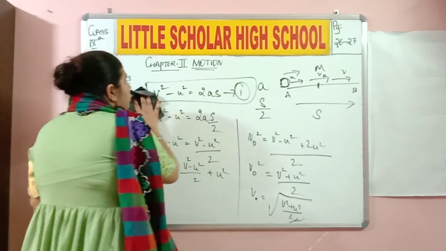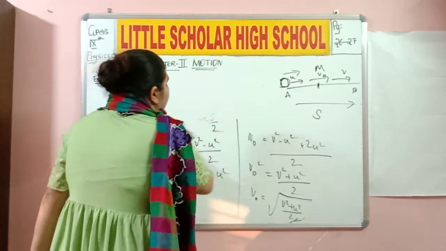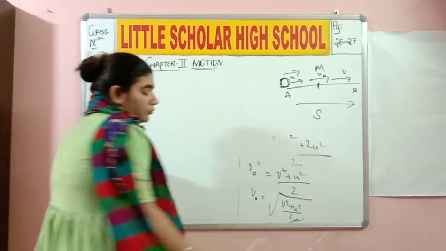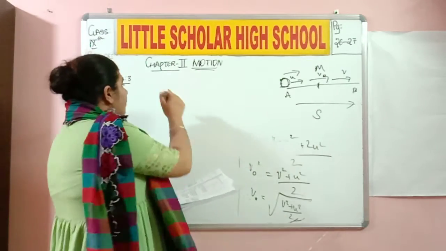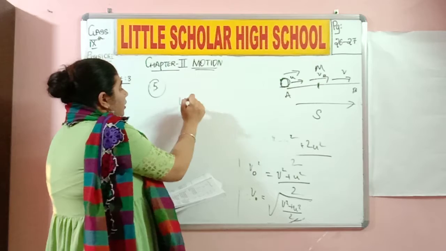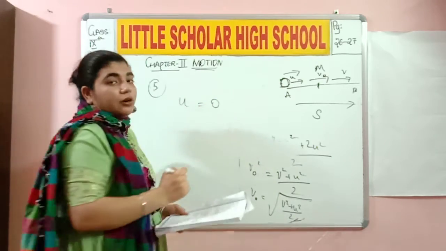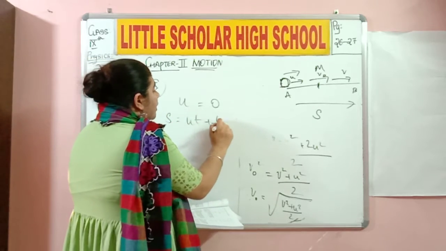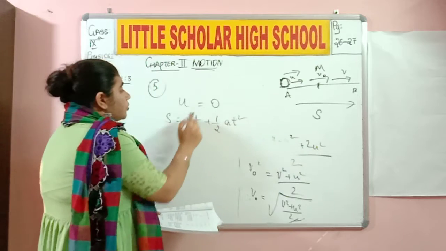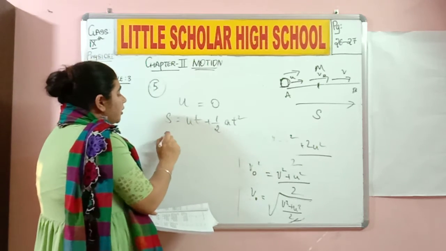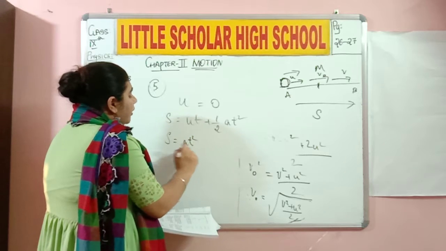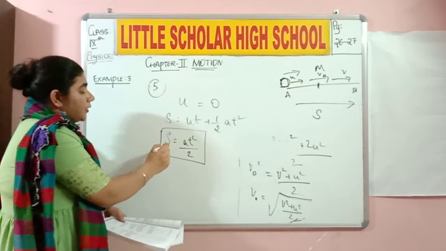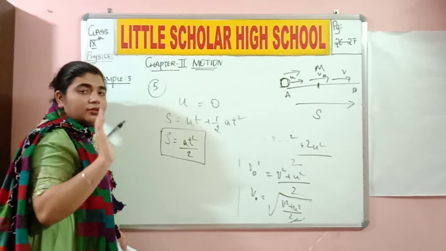Now you also need to consider one more aspect over here, that the initial velocity is 0, because they mention that the car started from rest. So if the car has started from rest, that is example number 5, then initial velocity will be considered as 0. Okay, so from equations of motion, s is equal to ut plus half at square. So u is equal to 0. 0 into t will again be 0. So s is equal to at square by 2. That is nothing but half at square. You need to remember this particular part. s is nothing but the total distance.